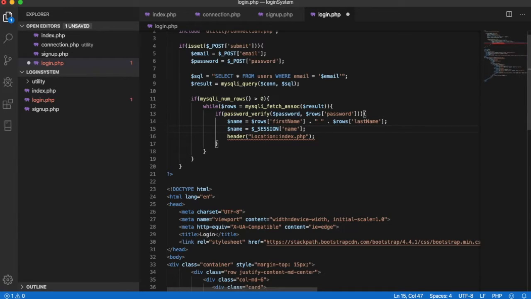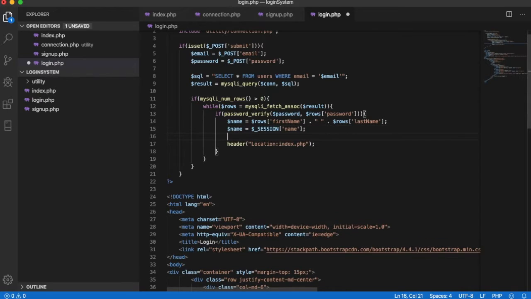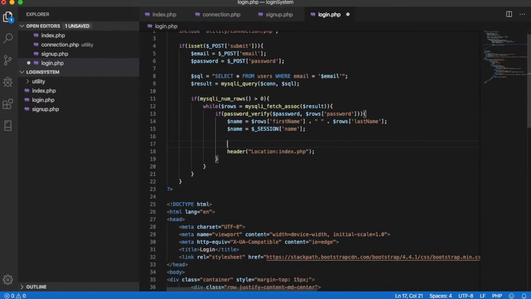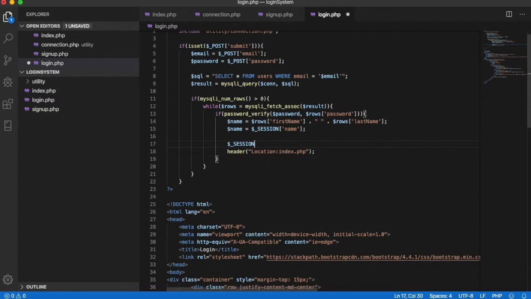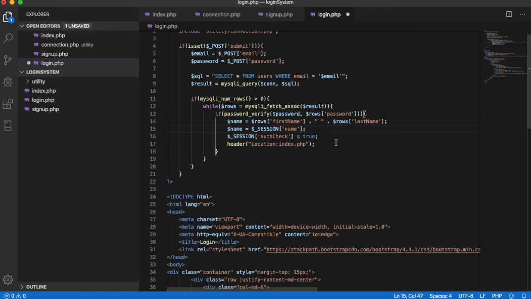So in this way we will be able to get the user's name, and we will also store the auth check. We will check if the user is allowed to view the page or not. So let's set this true,